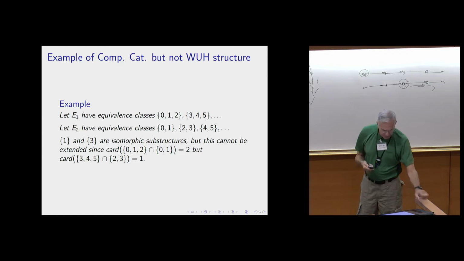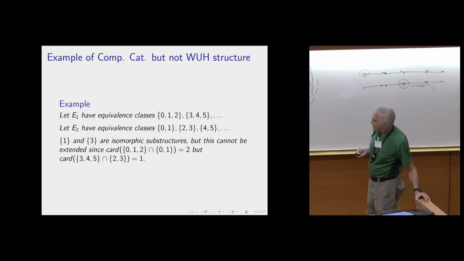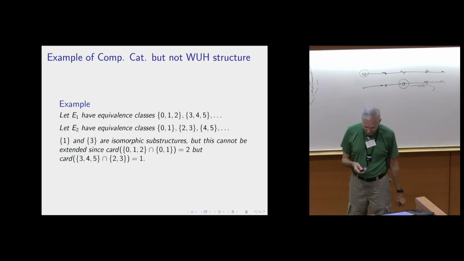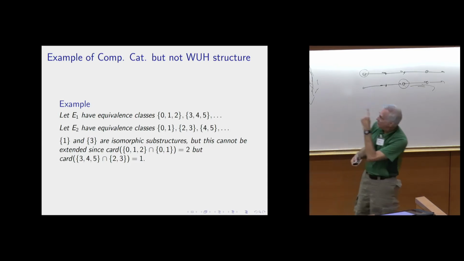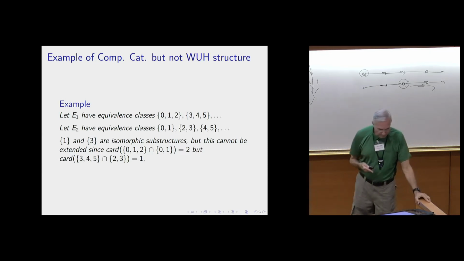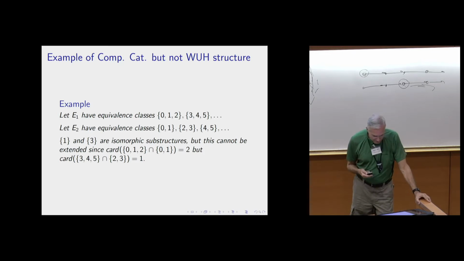So you have a similar story here about things in the nested structure which can be computably categorical but not weakly ultra-homogeneous. It's kind of similar to this picture. I have a different story there, but it's essentially the idea that when you're splitting, when you're dividing the classes, you can,